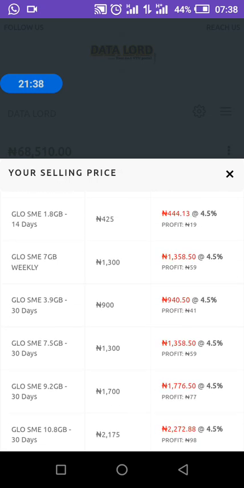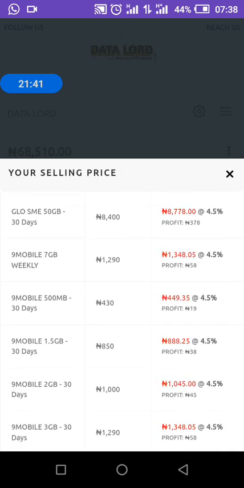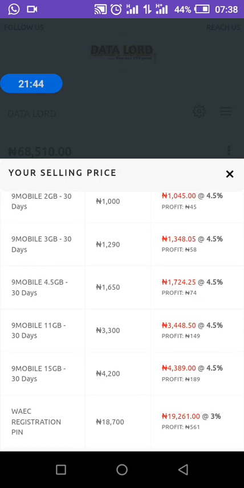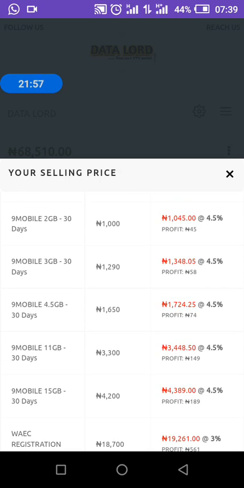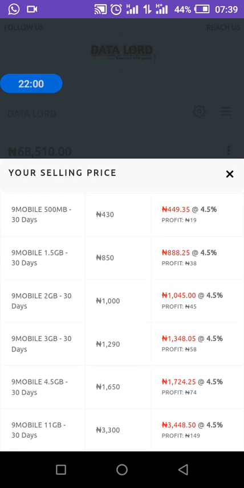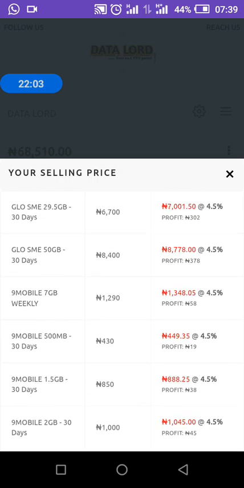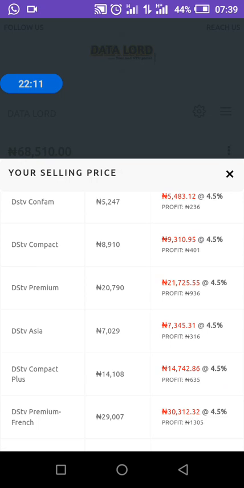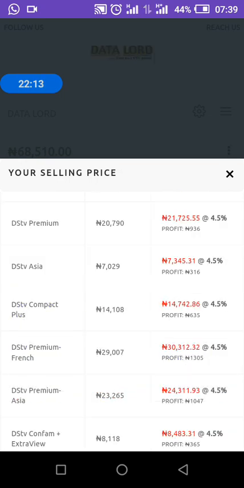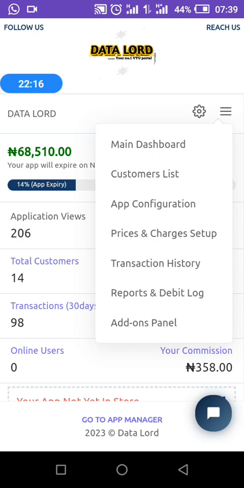After that, you will see all the networks and the percentage that is added. You see it. It is going. It's added by percentage. So don't expect to earn the same amount you earn on MTN on Glo, because Glo network is higher in price. So when you make a plan on Glo, you earn higher than MTN. Same thing applies to 9mobile. So after that, if you check everything is set up and corresponding to what you want, then cancel it here. Click the main button again. The next